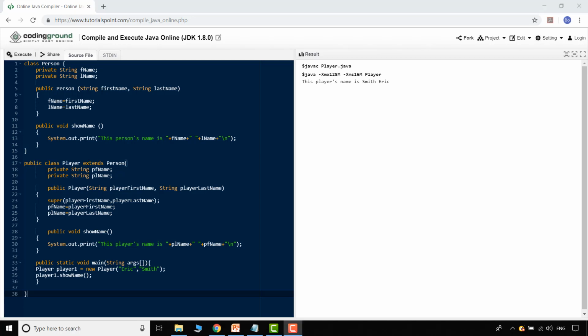Now let's remove player1 and player1.showName, these 2 lines. I want to challenge everyone a little bit. First, I want to type in equals, and then new Player, and then parentheses. I want to create a new player. Let's call this player Tina Williams. Tina is a string value, then a comma, and then 2 double quotes, Williams, and then a semicolon. In front of the equal sign, I want to type in